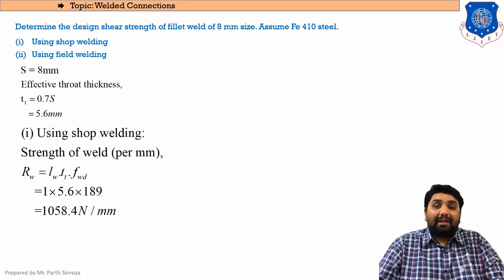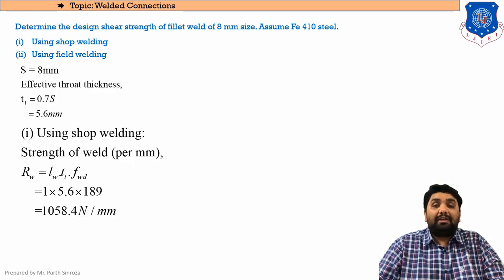Now for shop welding, as we all know, we need to find the force. Clear? But in this case it is being asked to find the strength, and we are comparing two types of joints or two types of welds. In this case, clear, we are comparing shop weld with a field weld. So the length of weld is not the main criteria that we have asked. We just need to compare that which type of welding is preferable, or what is the difference between a shop weld and a field weld.